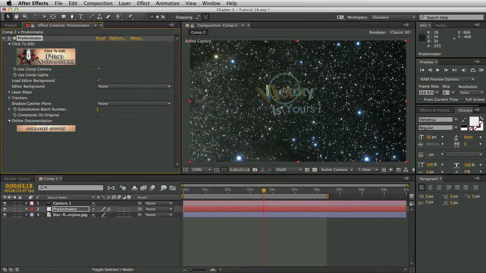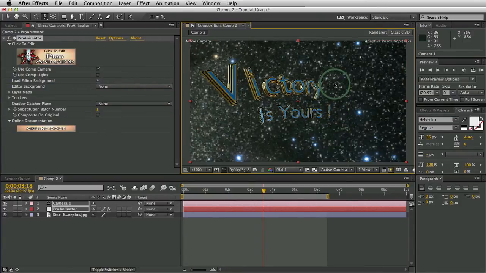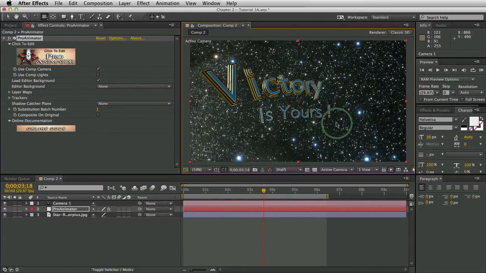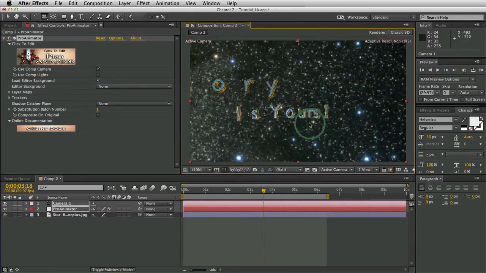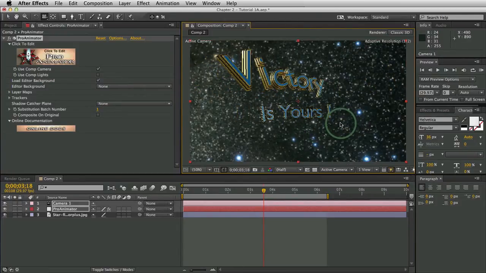As soon as you do that, you notice how the objects change position. So when I turn it off, you see they're close. When I turn it back on, now it's far away. That's because the comp camera is just further back. So what we can do is choose our comp camera, there we go, our orbit tool, click the C button until we're going in and out, and then we can zoom in on this a little bit like this. And if we'd like, we can even use the Unified tool and rotate left to right to get a slightly different view of the one that we had already.